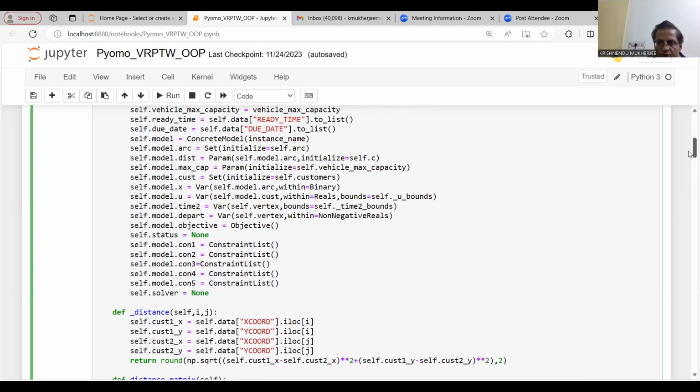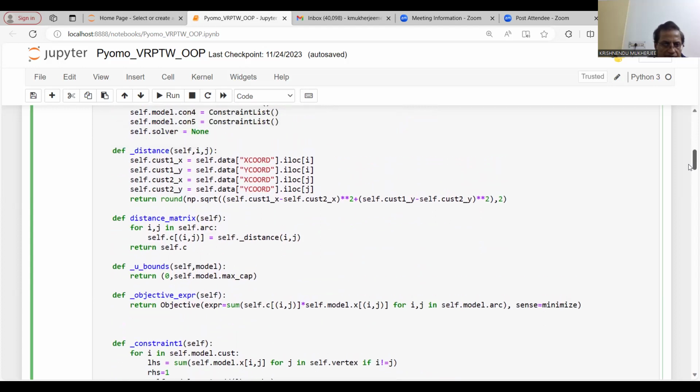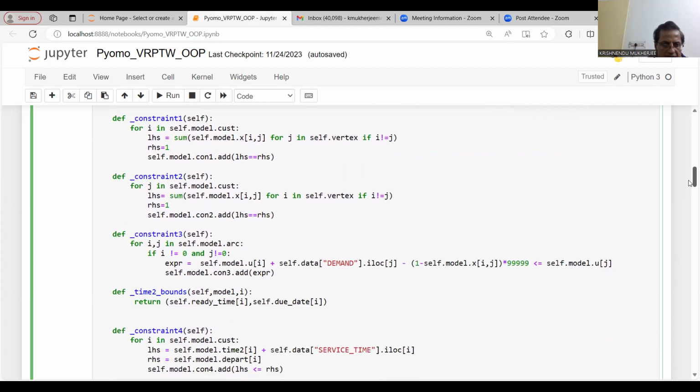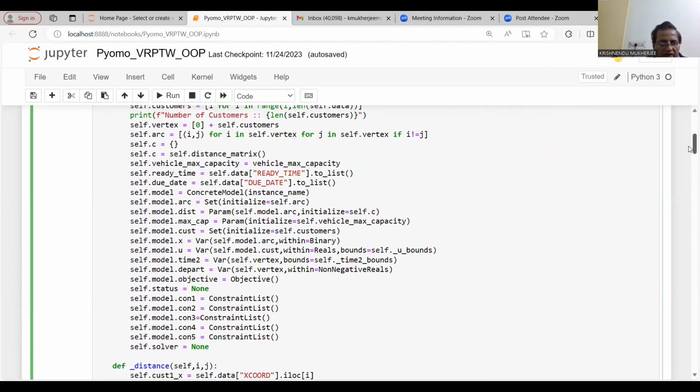So time 2, as usual, if you check here, this define underscore time 2 underscore bounds is a private function, that is self, model, and this i is this index. So it will return self.ready_time[i], self.due_date[i]. So what is the meaning of this? Now ready time and due date is basically a list. If you check in the code, the ready time and the due date